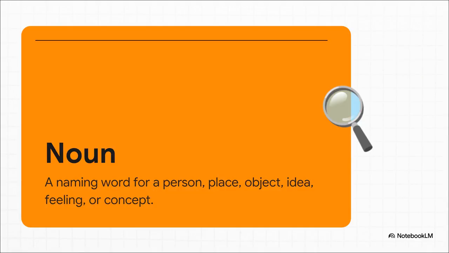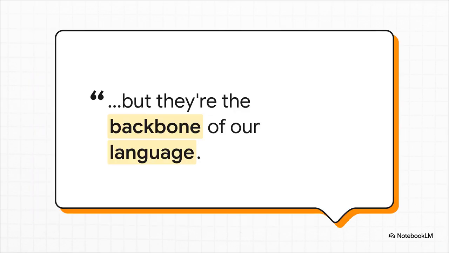And here it is. This is the classic definition we all had to memorize in school. A noun is a naming word. It puts a label on everything in the world around us. Seems pretty straightforward, but this is just a launch pad. Because while that definition is simple, what nouns do is profound. They aren't just little labels, they are the fundamental structure. They are literally the backbone that our sentences and even our thoughts are built on.